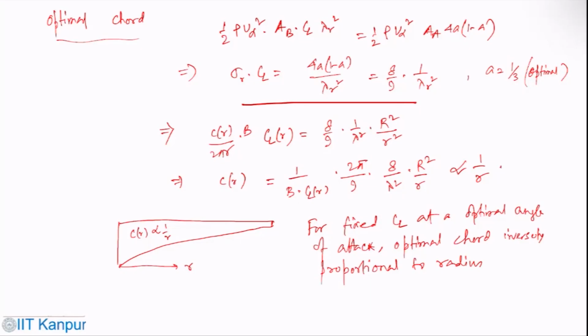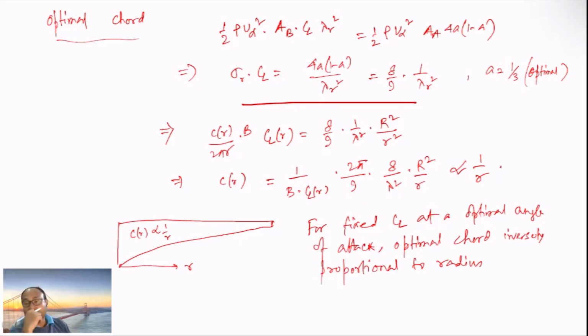So this also tells us from this momentum theory how the chord is also varying, because if you see this